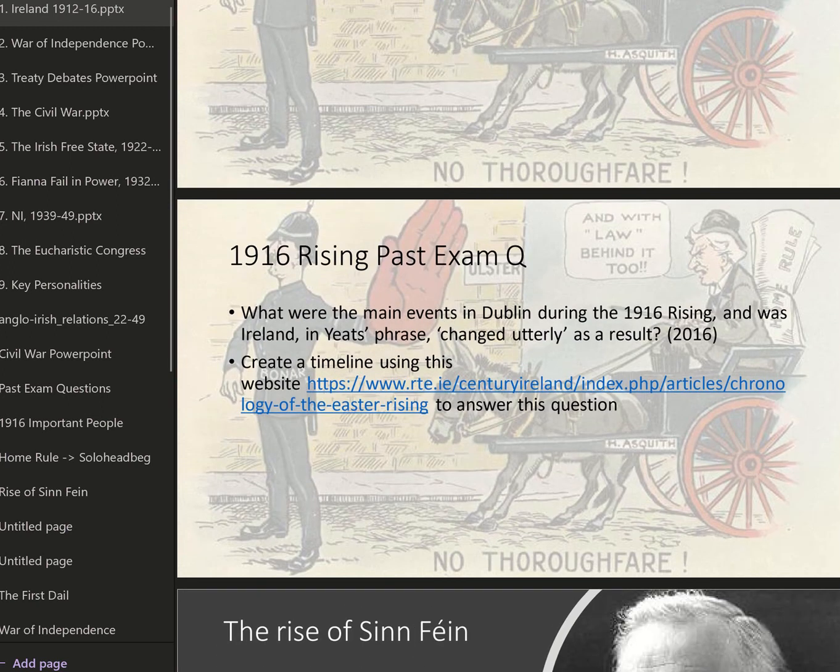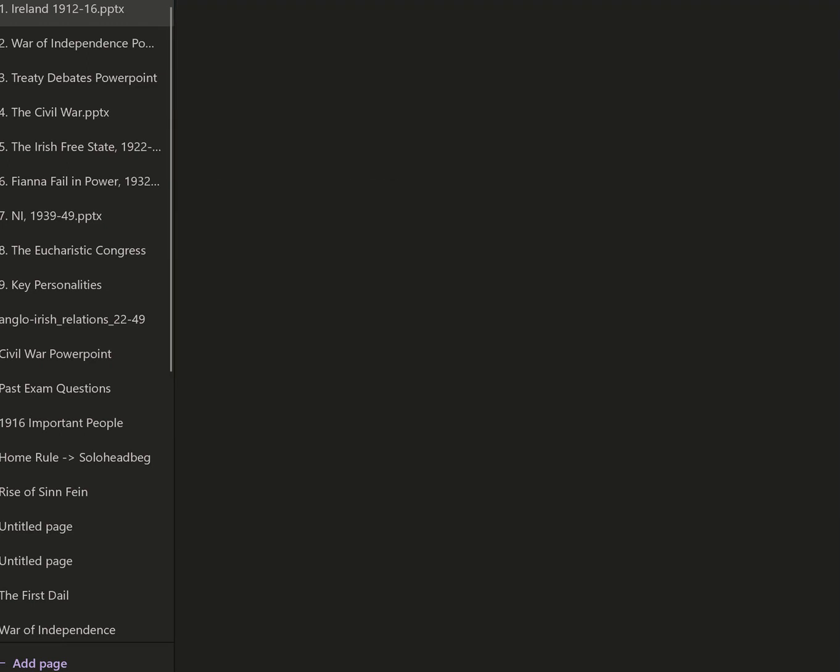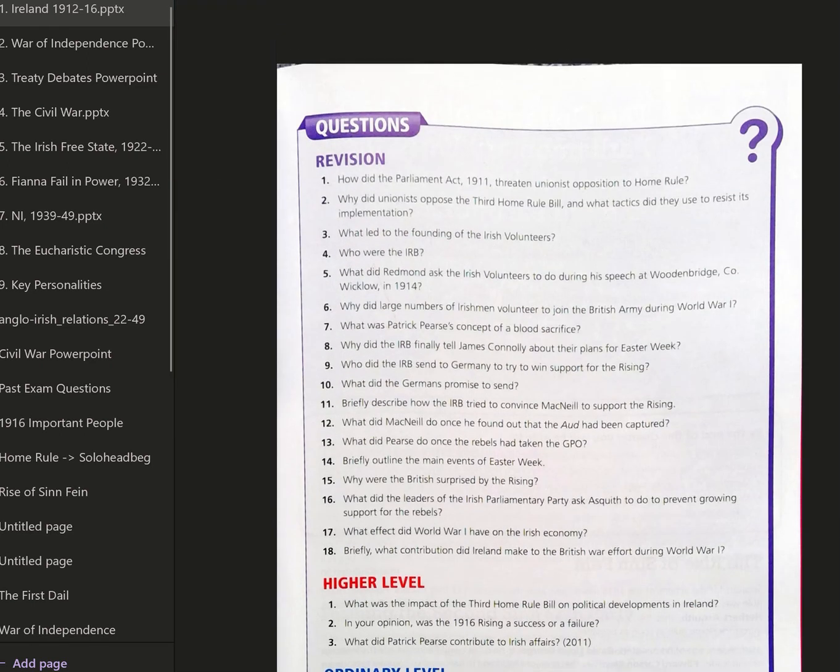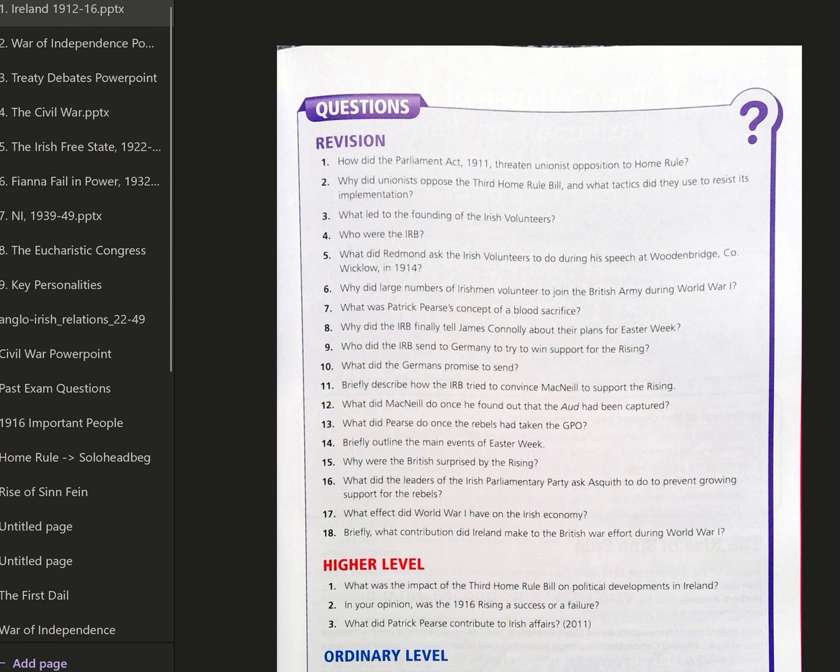So just to show you an example, guys, of the question that can be asked. What were the main events in Dublin during the 1916 rising, and was Ireland, in Yeats' phrase, changed utterly as a result? Now, we'll go down to the bottom of the page, guys. You'll have this near one now, by the way. Open up the Pursuit of Sovereignty in the very first tab, number 1, Ireland 1912-1916. You'll see it there. And what I might get you to do, guys, is you don't particularly have to write these down. If you can just question them, I might be able to have a look at questions 1, 2,